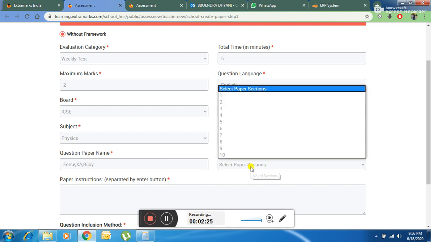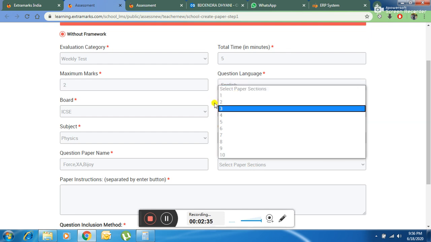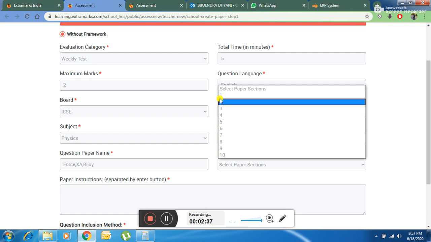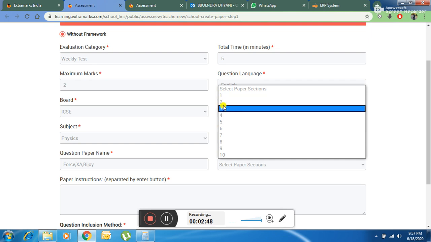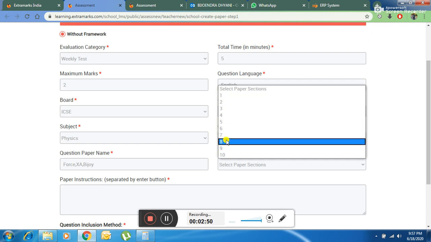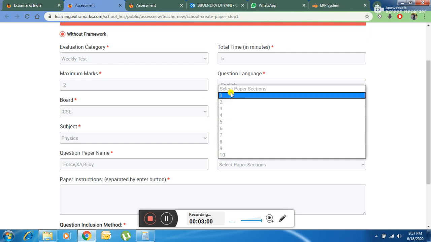Number of section means in a paper how many sections do you want. You want 1 section, 2 section, 3 section, which I have explained in my trainings also repeatedly. I'm just showing you a shortcut one for your just class test purposes. But when you will do for half yearly or annually, you have to select 1 section, or 3-4 section, because usually in the final exam in 100 paper marks or 80 paper marks, in some of the schools they do 3 section, they do 4 section. So section part is totally depending upon you.